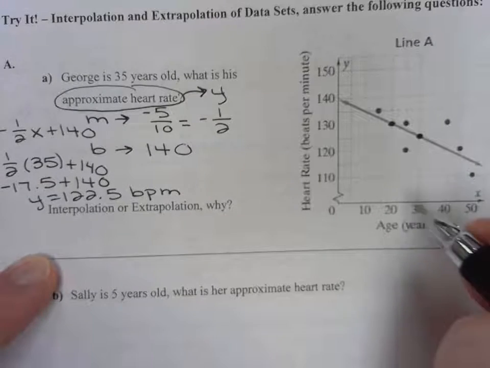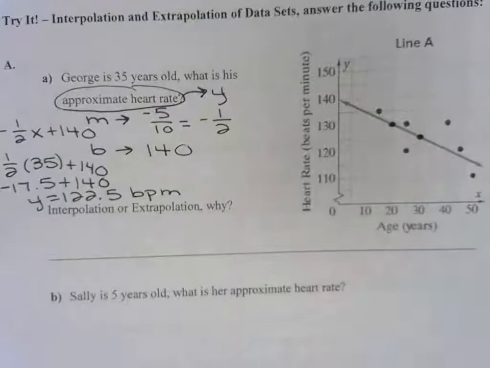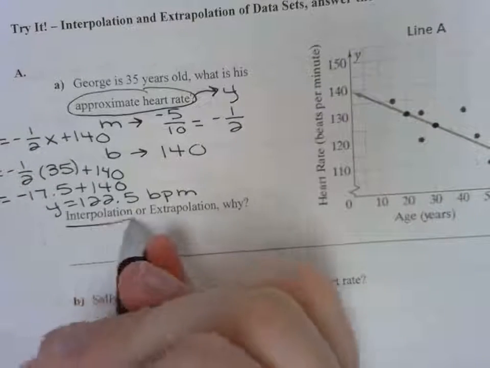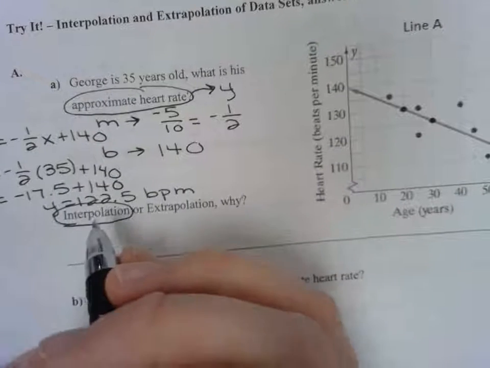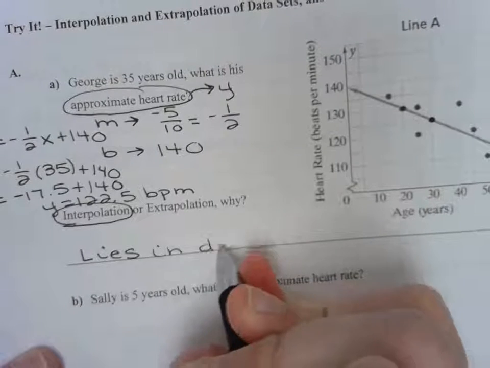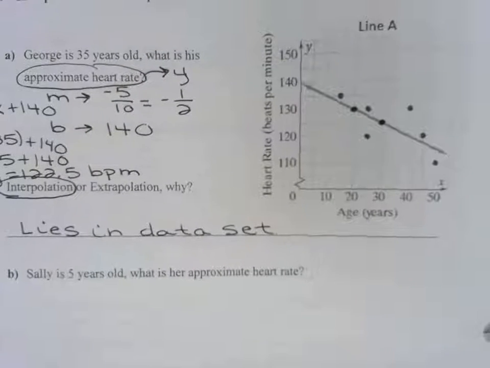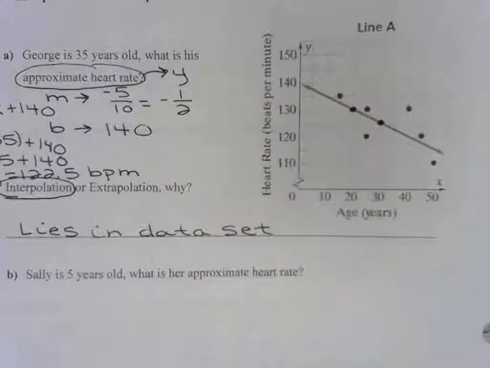Yes. It would be somewhere right there, and it looks like it is in the data they give me. So it's interpolation because it lies in the data set. It's not out by itself. It's not an outlier like we talked about yesterday. It's in with the data set. So it's interpolation. Okay, any questions on this? Once again, not super hard math, just knowing how to use this stuff. Okay, so if you look at the homework packet,